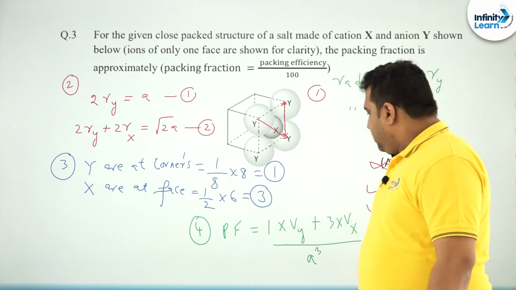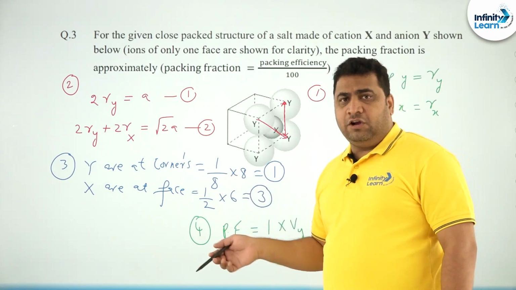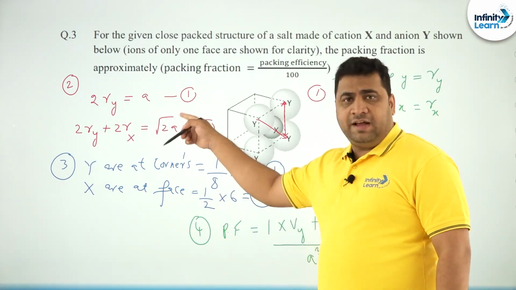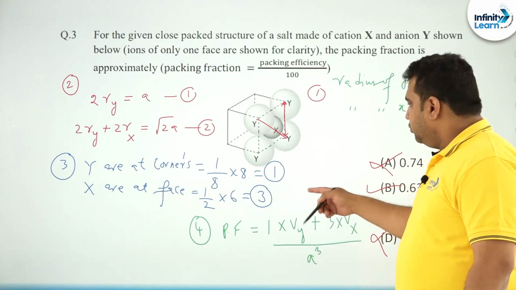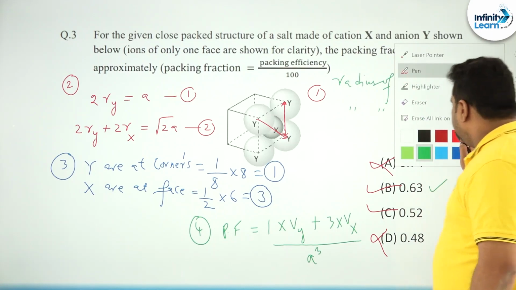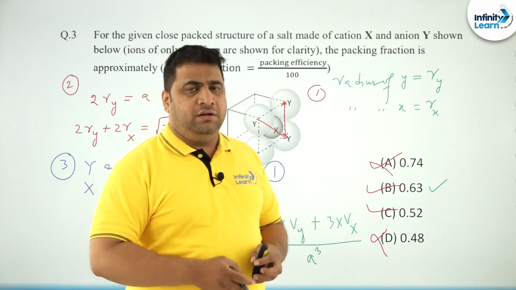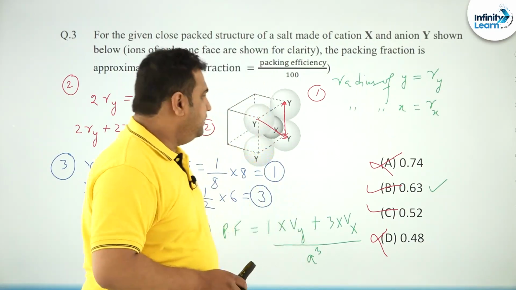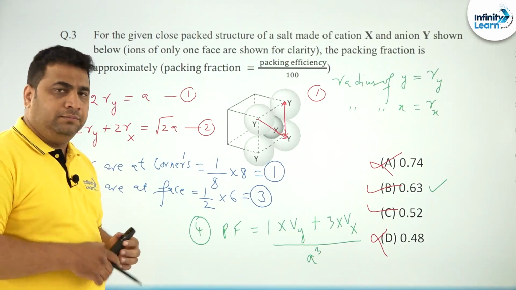So, for volume we need the radius, and the radius and a come from there. Put it here and you solve it, you are going to get the answer 0.63 as per the calculation, because we have already calculated. So, we do not undergo addition, subtraction, multiplication. This is the method to solve this particular problem, right.